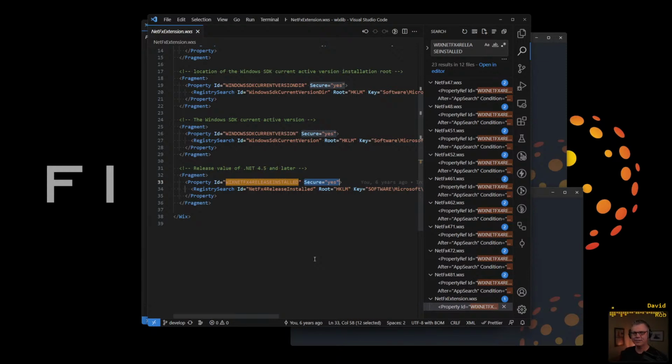Let's talk about it because this is actually the thing that I want to talk about. Okay, we're using this code. Secure equals yes says that yes, this is an MSI secured property. We can define our properties to be secure. All right, so I keep talking about what this is. What that means is we are defining that this property is safe to be sent from the UI side of the Windows Installer over to the installation side, the execution side, where the install happens.